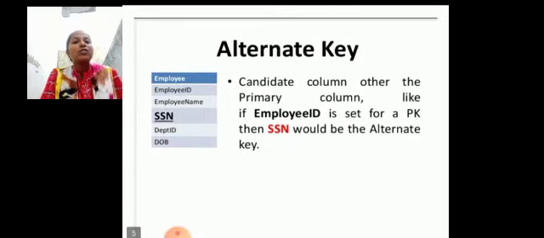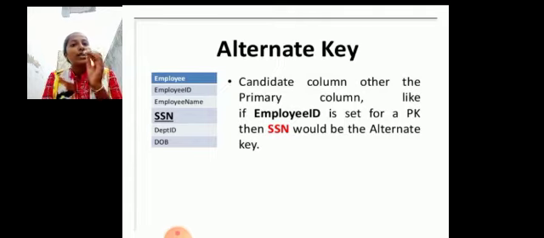So next we are having the alternate key. So alternate key means what? The word itself is saying alternate key. Alternate means what? By using one thing we can use another thing. If one is impossible to use, we will use the other thing. So in that employee table, if in case we are not able to use the employee ID, then we have to use that SSN. So it is an alternate for the employee ID. By using that SSN also we can get the clear cut information about the employee.